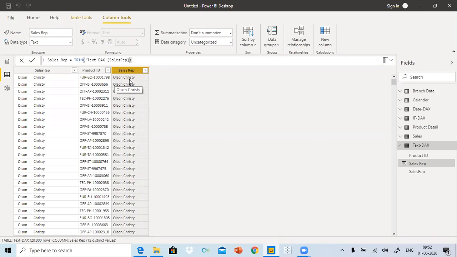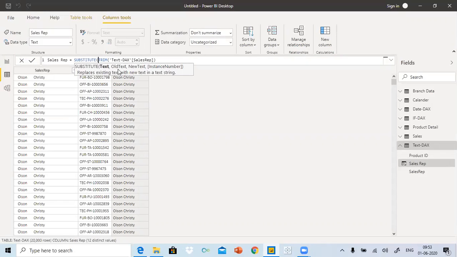Now, just as an example, if I wanted to get the same name, removing all these spaces, and I wanted to put a dash in between Olson and Christie, you can use a formula like this one. This formula gives me an opportunity to change the old text to new text.